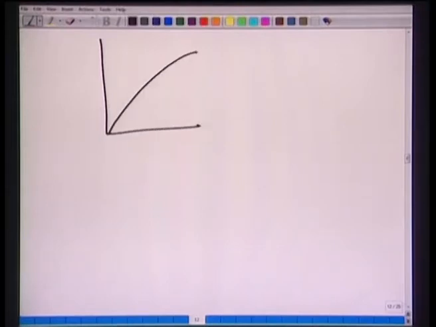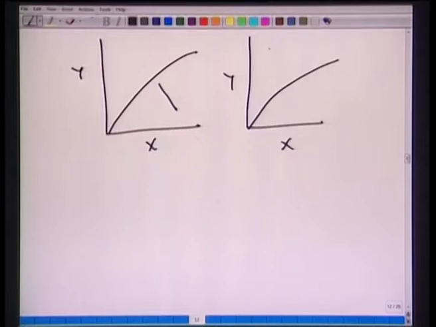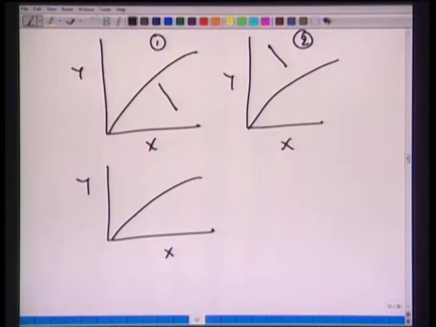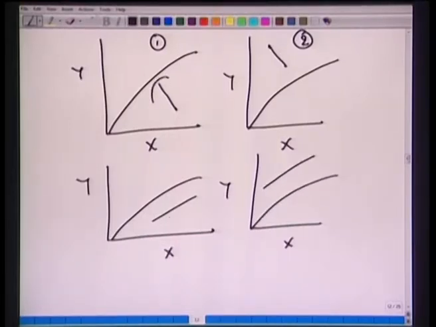So we can draw like this: y versus x, then we have the equilibrium curve like this. So this is 1, this is 2. These are the two co-current contactors. You can also have y versus x like this, with the equilibrium curve and the operating curve given like this. You should be able to make out that in this case and in this case we have co-current, but the mass transfer is from the x to the y phase, while in this case it is from the y to the x phase.